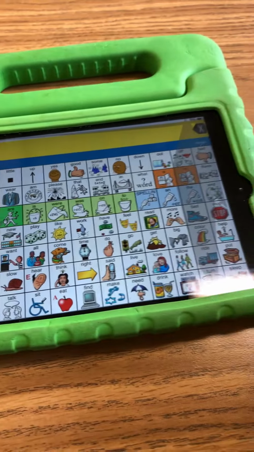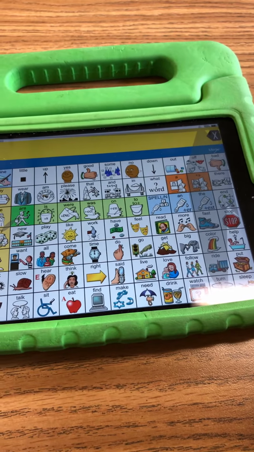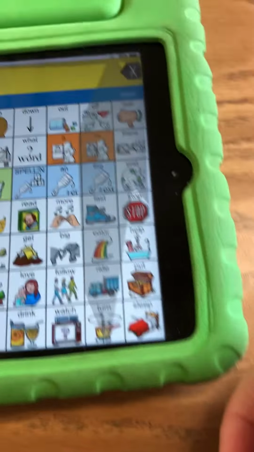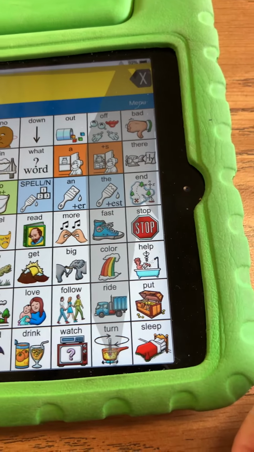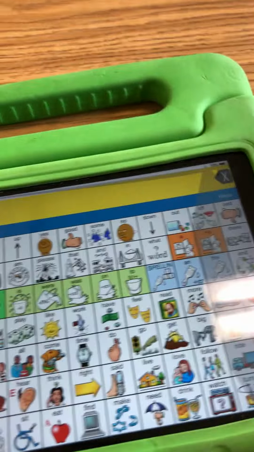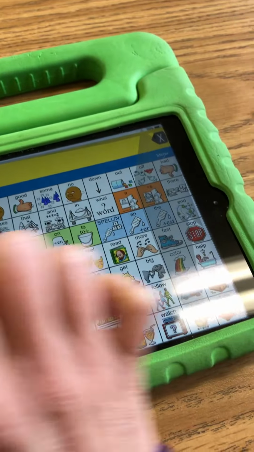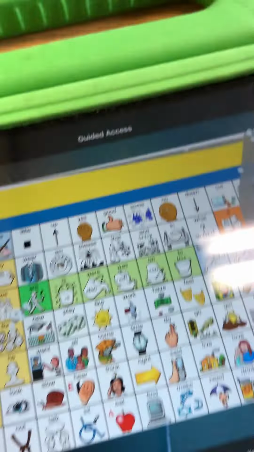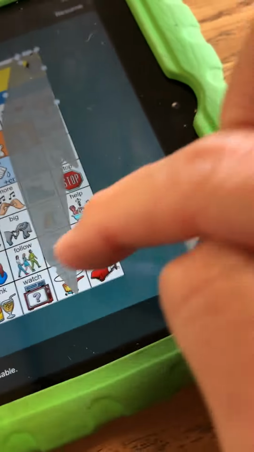Okay, so sometimes what you'll find is that a child goes in and kind of messes around with the guided access, and then weird things show up like gray, strange shapes. So what you need to do when that happens is you need to get out of the guided access, right? And then you can see better where these weird, strange shapes are coming from, and you can start getting rid